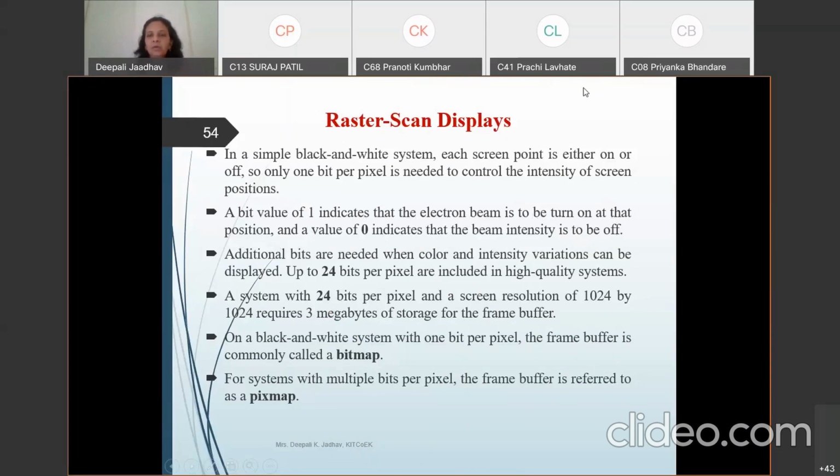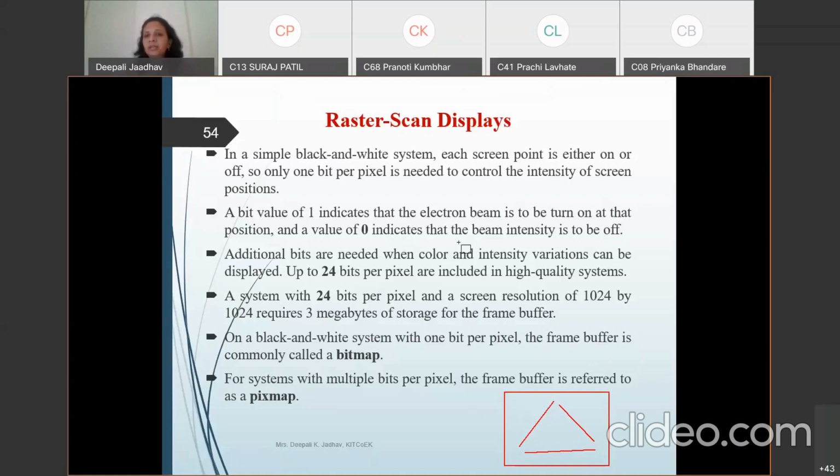For example, if we want to draw a triangle as I showed you in the previous example, and this is our screen, then at the positions where the dots are, the value becomes 1. At the remaining positions, where no dot is required, the intensity is 0, off.